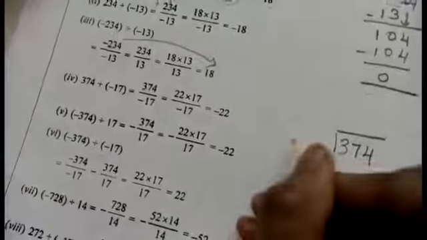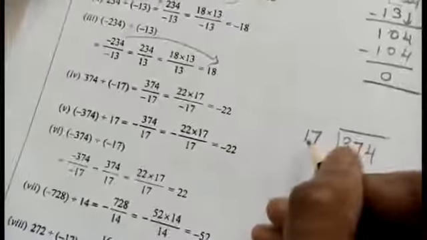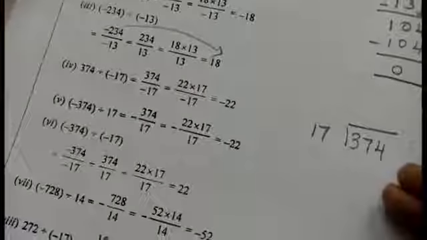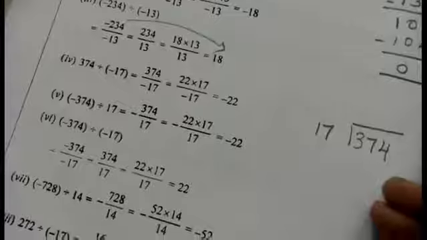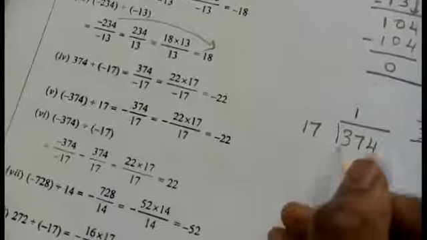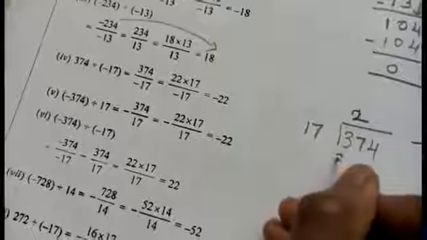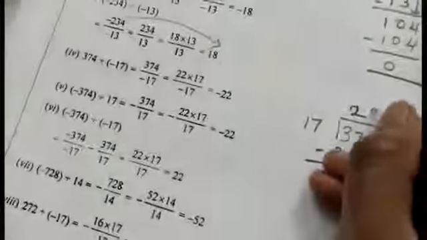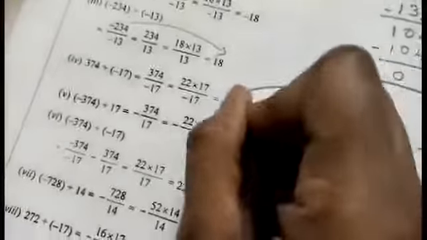So coming to this value, that is 374 divided by 17. Now I am going to take this one, 17 into 2. Just see, 7 2s are 14. 2 1s are 2 plus 1, 3, 34. 17 into 2, you are getting the value as 34. 7 minus 4, 3, 4. Again 17 into 2, 34. You are getting the answer as 0. So what is the answer I am getting here? 22. Since I am going to check the sign, plus into minus means you will get it as minus 22.